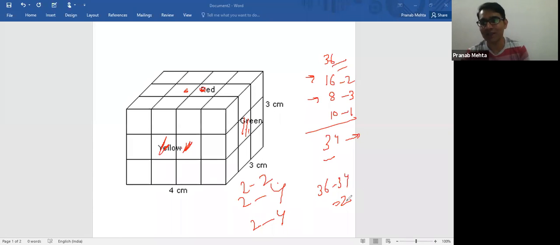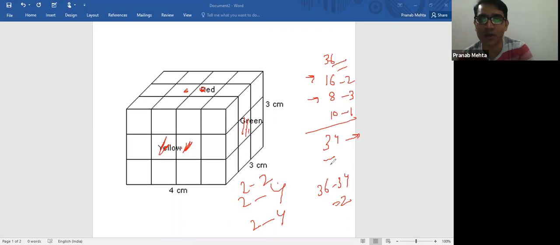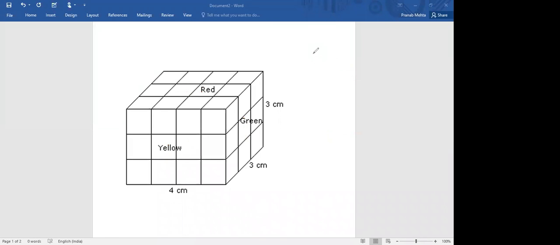We'll try doing it slowly. We'll try solving maybe 20, 25 questions. And anyway, all of you have my number, so you can always send me your doubts and I can clarify them. But keep this handout properly and see that you do this 2 or 3 times. All right, let us go to the next question.